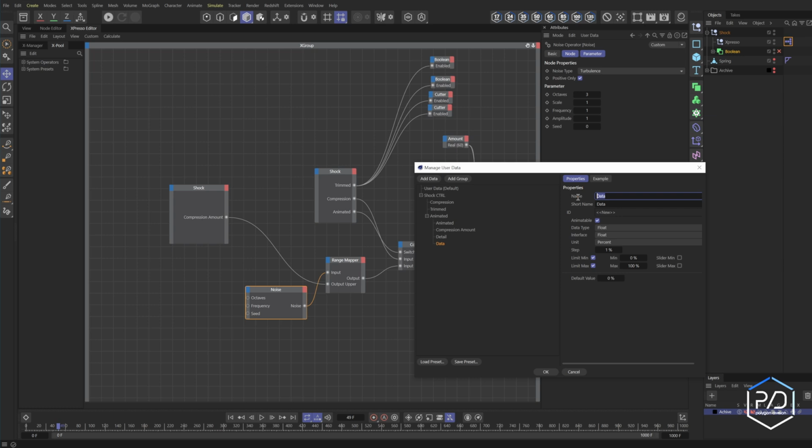And then we're going to add the frequency, which is speed. So I'll click this, call it speed, hit enter, change this to float slider, percent to real. And this one we're going to do 0.1 step, and we'll set the base value to 1 and our max to 5 as well. And then the last one is going to be the seed value. So select the group, call this randomization. We'll change this to integers, and we'll just set this to 999. Make our